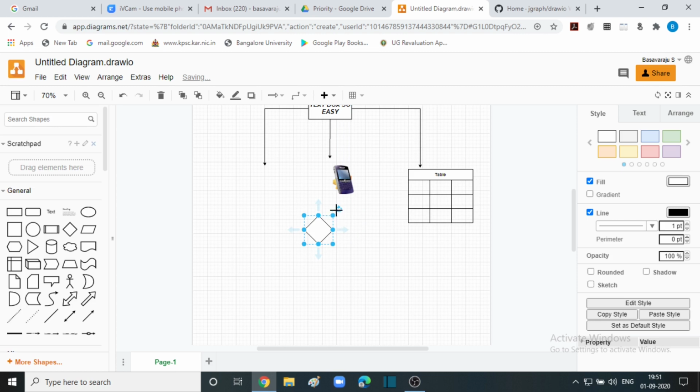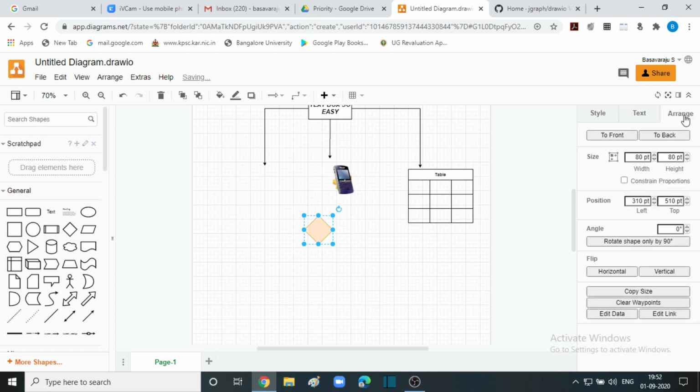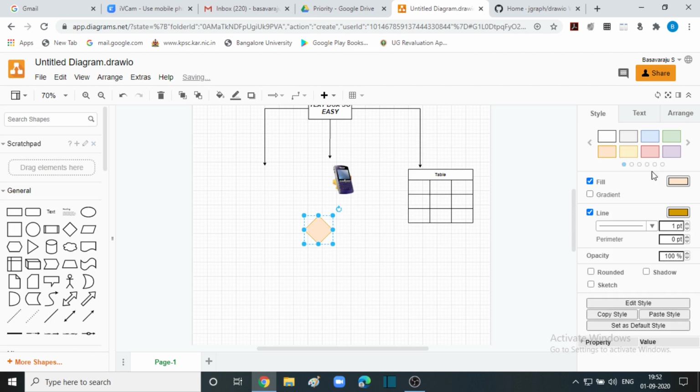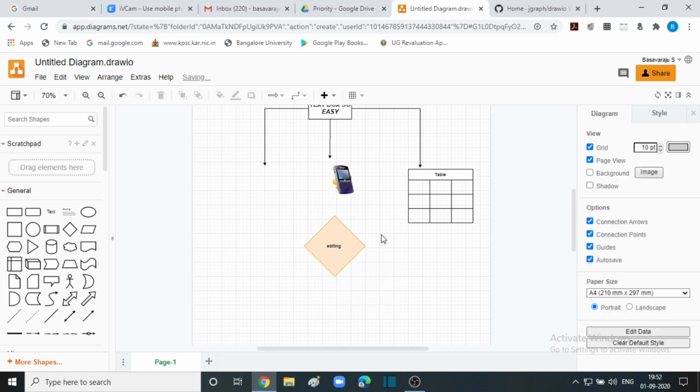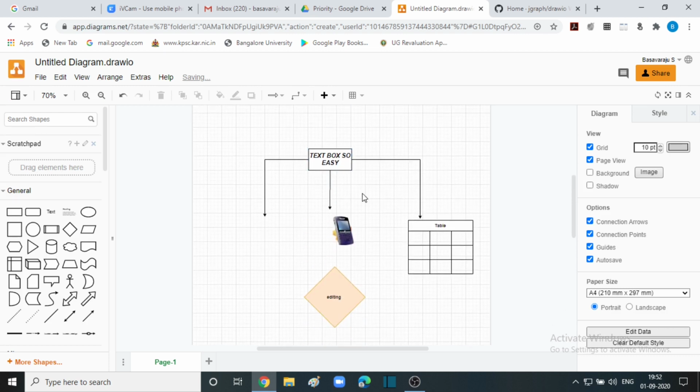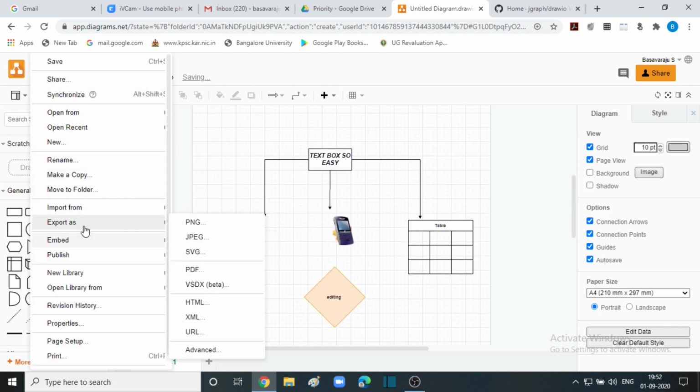diagrams or complexity. You can rotate it also and edit the text, fill it with some color, add some text, arrange it very easily with respect to colors, and whatever editing that is done can be very easily downloaded. And this image, if I want to download very easily as a JPG, you just have to go to export as and save it as a JPG file, or the whole image can also be saved as a PDF.